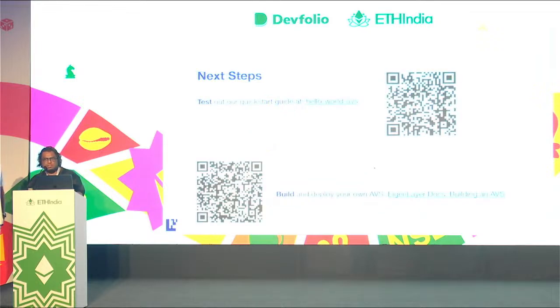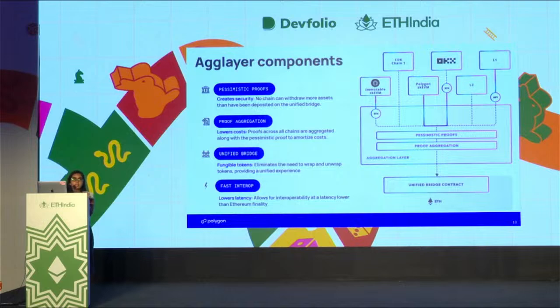It is basically assumed that AggLayer is dependent on the final layer 1, that is Ethereum, and it cannot give faster transactions than Ethereum, because obviously we need to send the proof to Ethereum, but that is not the case. We can also give faster transactions before it is even finalized on Ethereum, because we are using something called pre-confirmation status of the transaction to lower the latency of all the transactions.